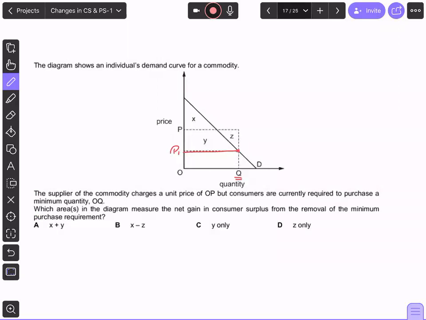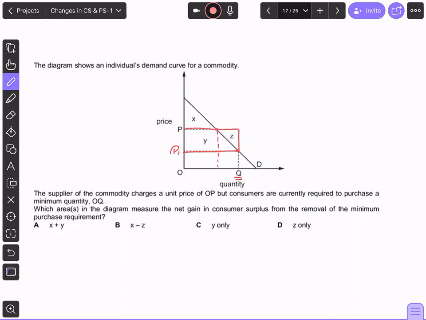P1 पे आपको X plus Y का कंज्यूमर सरप्लस मिल जाता, बट एट द सेम टाइम आपने उनको क्या किया हुआ है? यू हैव फिक्स द प्राइस एट ओपी, सही है, और ओपी के साथ साथ क्या कर रहे हो? आपने उनको ये भी बोला हुआ है कि आपने क्वांटिटी खरीदनी है ओक्यू, क्योंकि अगर आप ओपी रखते प्राइस, द कंज्यूमर्स वुड हैव बॉट लेसर क्वांटिटी